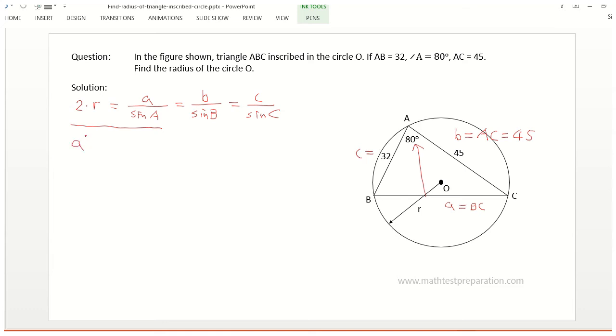This is using the formula a square equals to b square plus c square subtract 2 times b times c times cosine A. So this is, a is BC, so BC square equals to AB square plus AC square subtract 2 times AB times AC times cosine A,